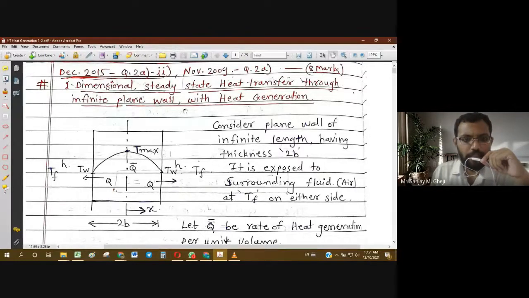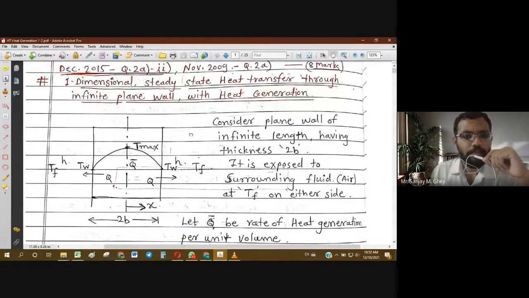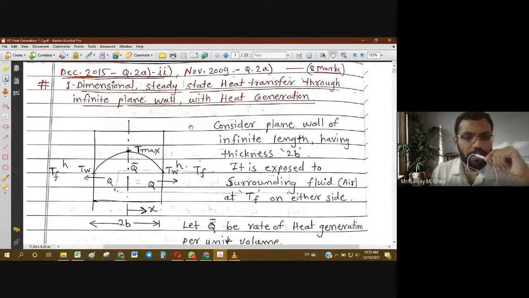So yesterday we covered another important and different case of heat conduction, or heat transfer, with internal heat generation. So the new condition we have added is internal heat generation. Then we discussed three different cases, three standard simple cases. Standard and simple because they are of standard geometry such as a plane wall, cylinder, and sphere.